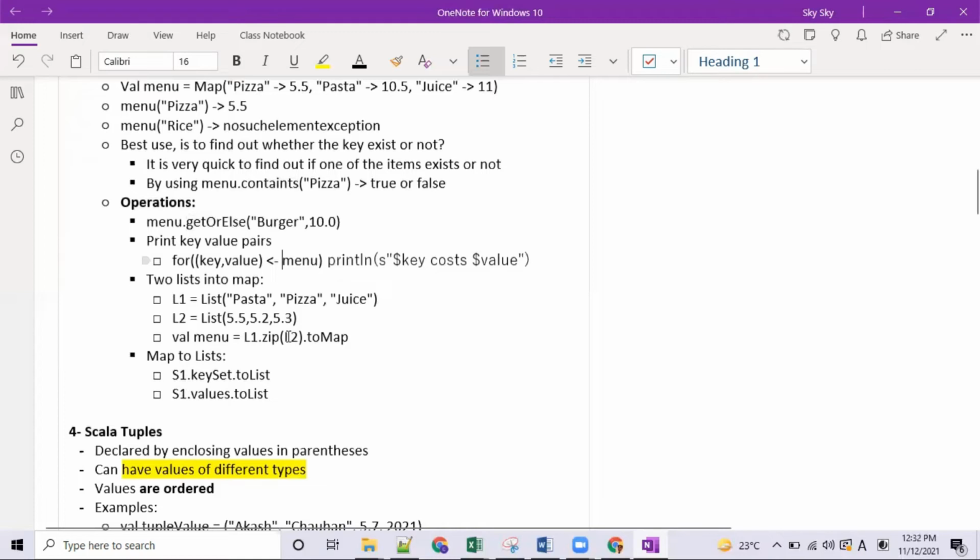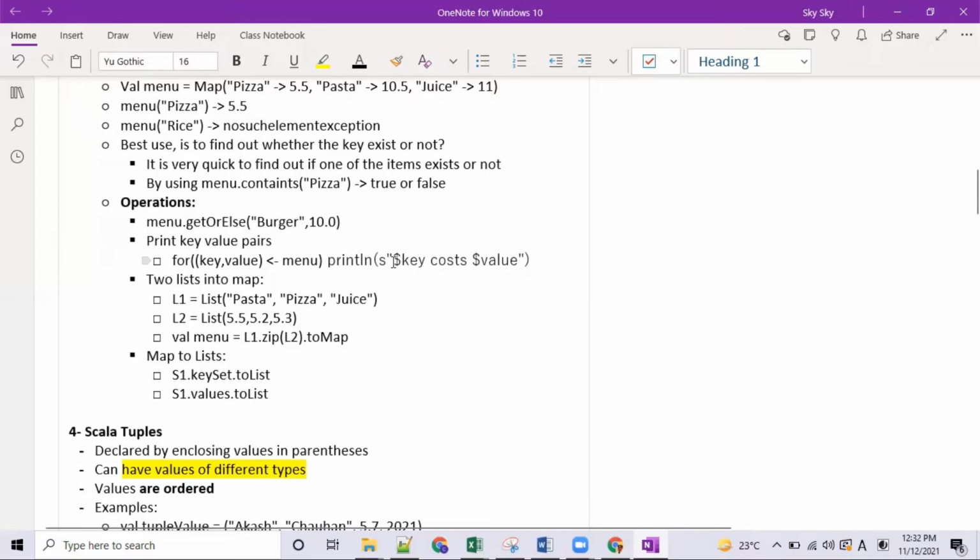How to print a map? It's by using the dollar sign. We have already discussed in one of our videos that we can use s and then we can use dollar to get the values from the loop. Whatever we have taken as a value, we can substitute like this. So simply using map menu, because this is a map, we can use the initial values, which are key and value, and later use them with dollar.